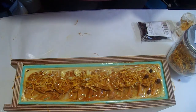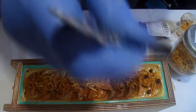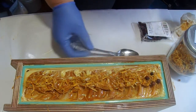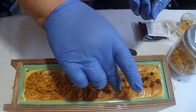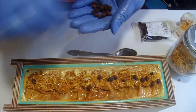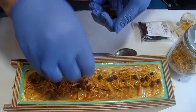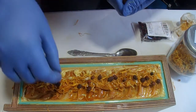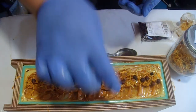Oops, I don't want that over there. Let's get a clean one so I don't make a total mess. Okay, I want to keep that right in the middle there if I can. Well, that's a little bit better. It's just not so plain anymore. Just a hint of a different color. The calendula is really close to the color of the soap, so